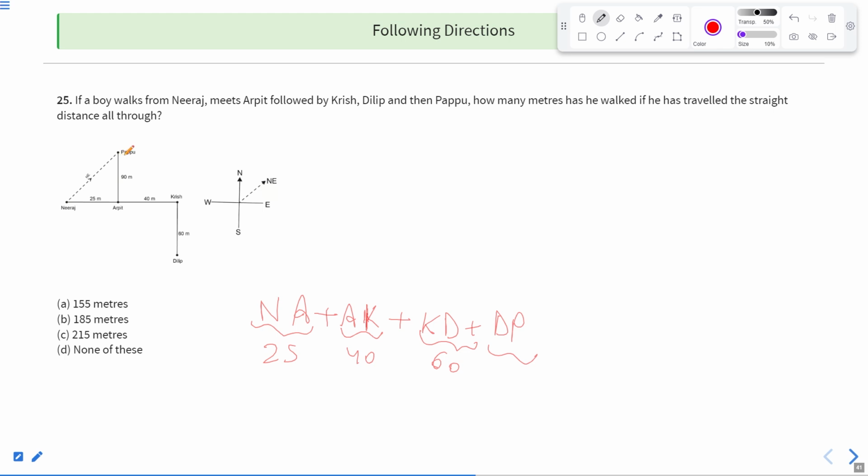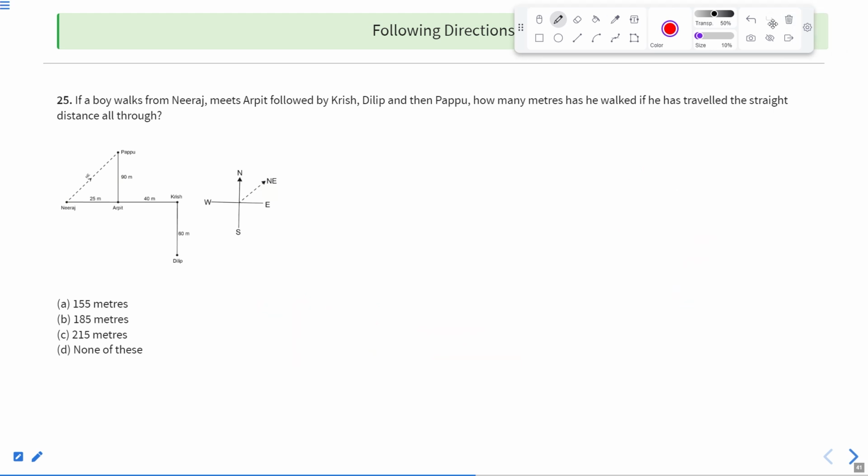But we do know that this forms a triangle, with Pappu and Dilip on the hypotenuse. So if we take this to be a triangle,